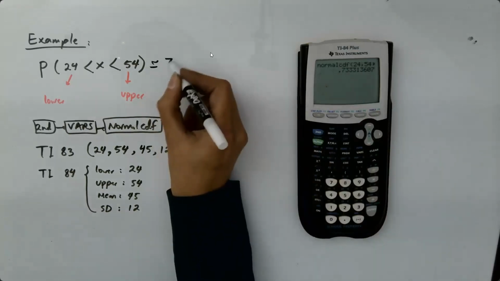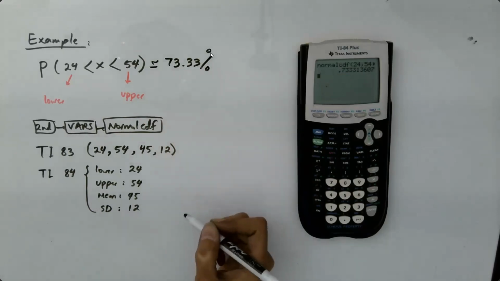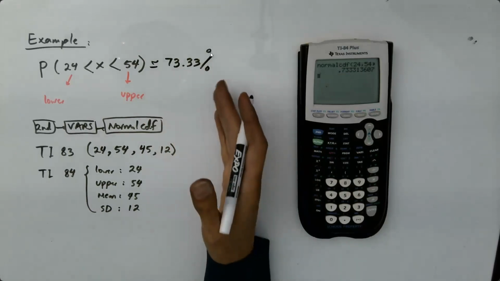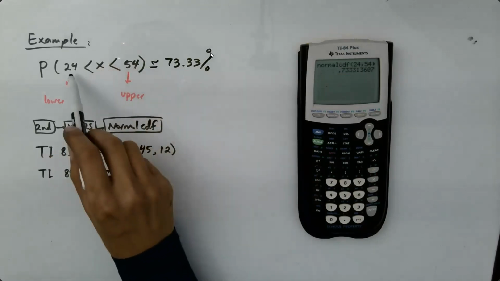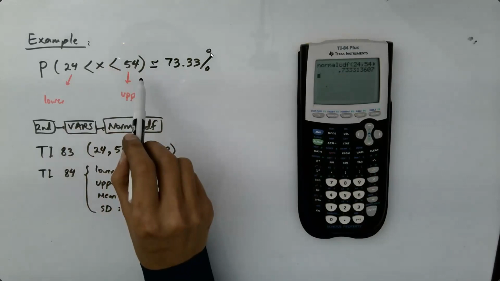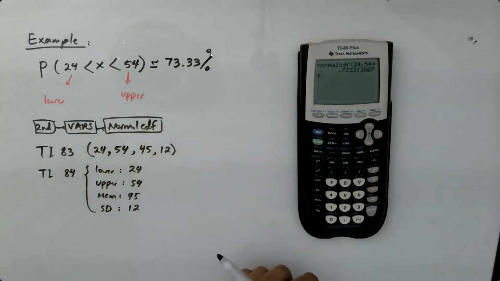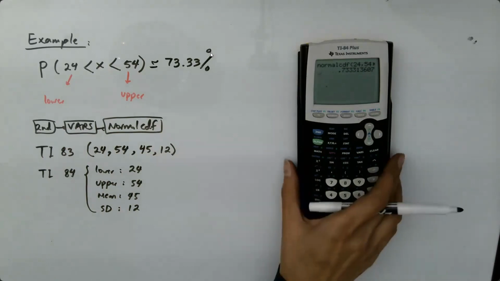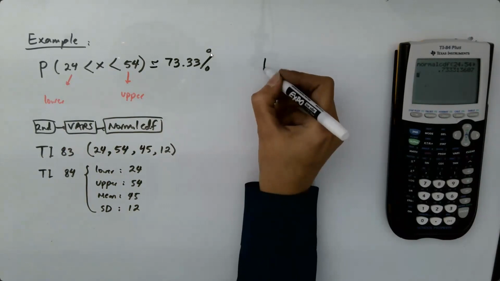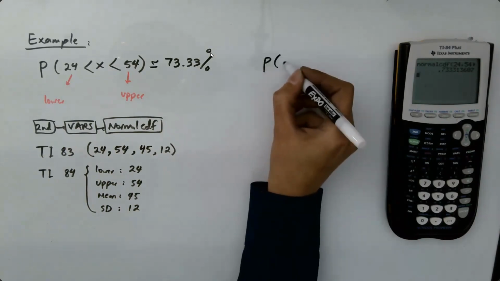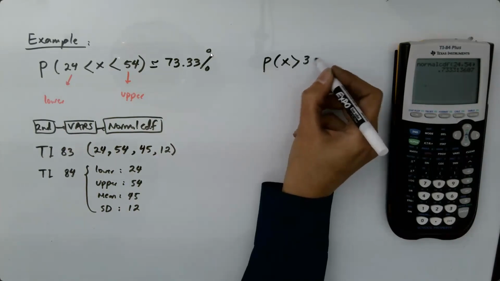73.33% approximately. So what's the meaning of that? It means that if I randomly select a shopper, the probability that shopper spends between 24 to 54 minutes in the store is 73.33%. Okay, the second one says, now what is the probability that a random person spent more than 39